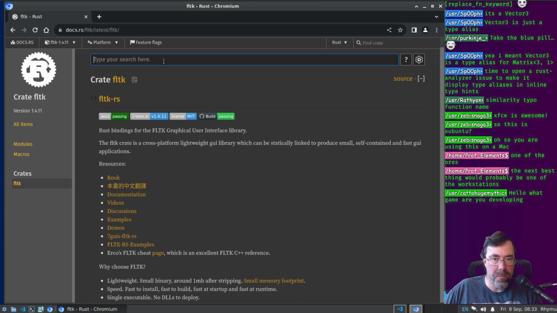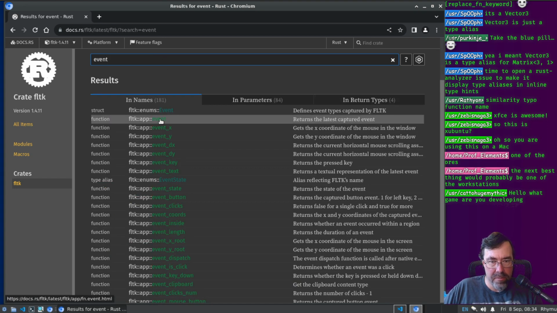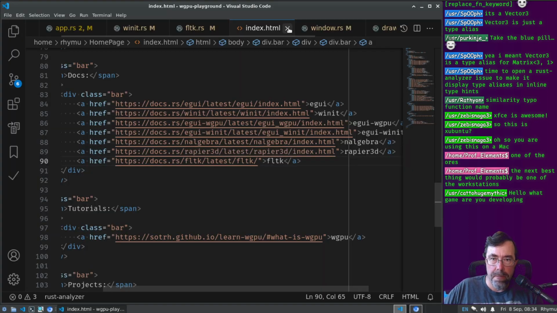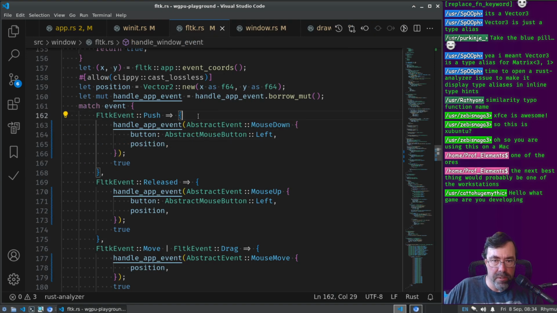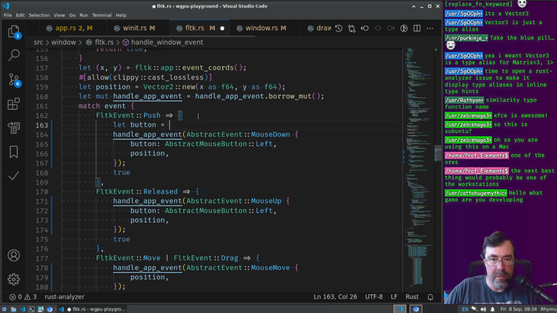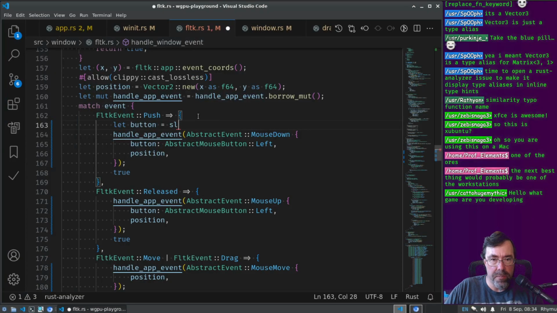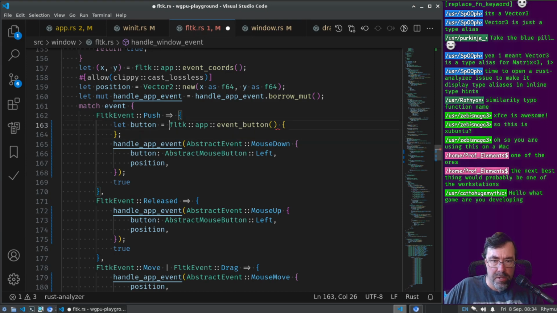All right, so then I want a mouse event, right? App event, is it? Returns the captured button event. Okay, that's easy. So 1 for left key, 2 for middle, 3 for right. It's event button. So I would put it in here, right? Let button equal event button, full tick app event button, match that,